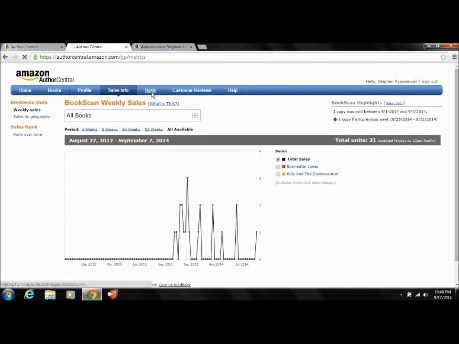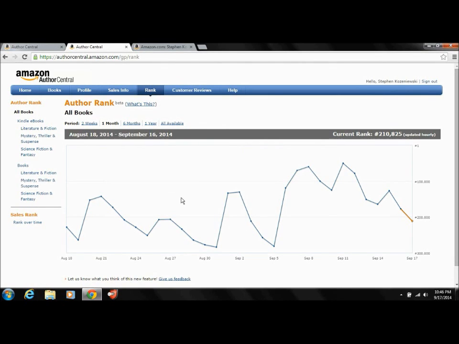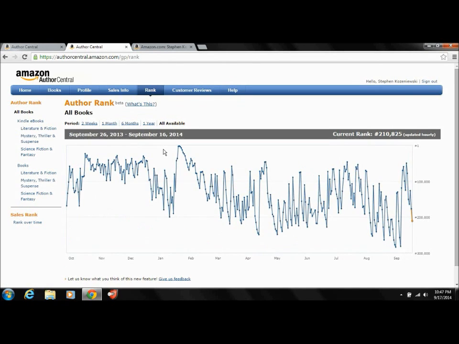But what is interesting here is the rank page. When you click on your rank page, you actually see your rank as an author. And then I have this chart here that's showing in a line graph where I've been as an author over the past month, which is the default. Let's take a look at all available. Back here in September of 2013 is when I was first published. What this is tracking is that all the books that you have sold contribute to my rank. The lower the rank, the better. Everybody wants to be number one. So you see my current rank here is